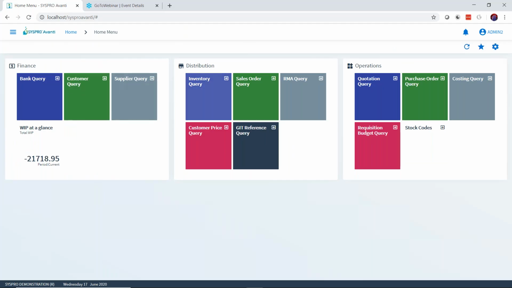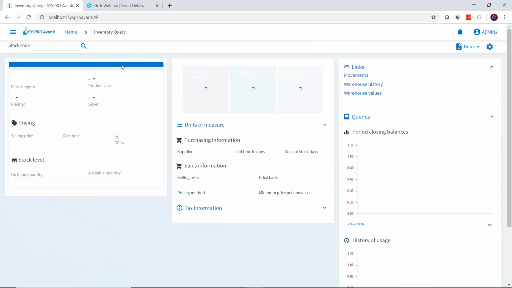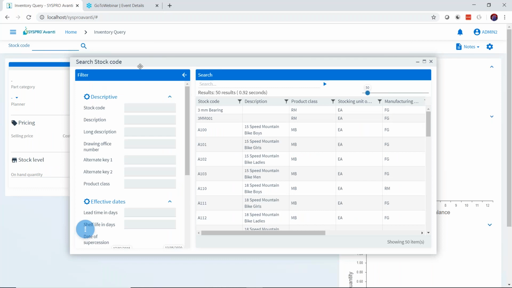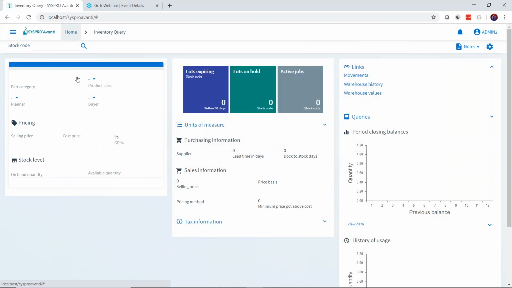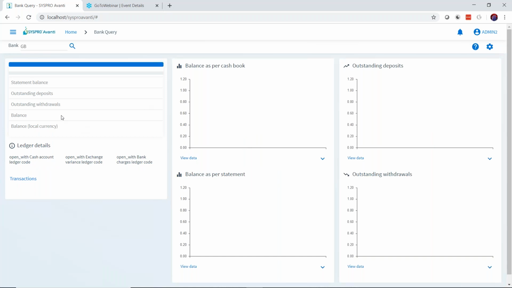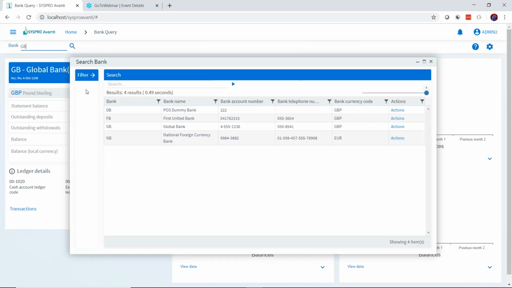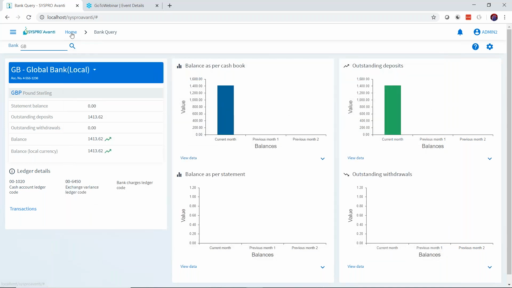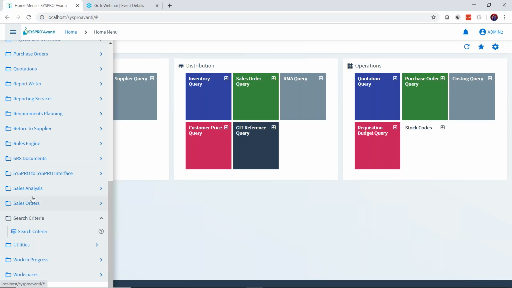Within Avanti, that allows you to create your own search criteria based on various things within your business. So within inventory query, I can see, for example, when I use the browsers, I'm given a search criteria on the left, which is entirely customizable. Now, one thing to note that I didn't mention last week, not all of these searches have been configured. If I look at something like bank query within Avanti search, you'll notice no filters appear on the left, which indicates that the search hasn't been set up within Avanti. But not to worry, this can be done using the search criteria program that we covered last week